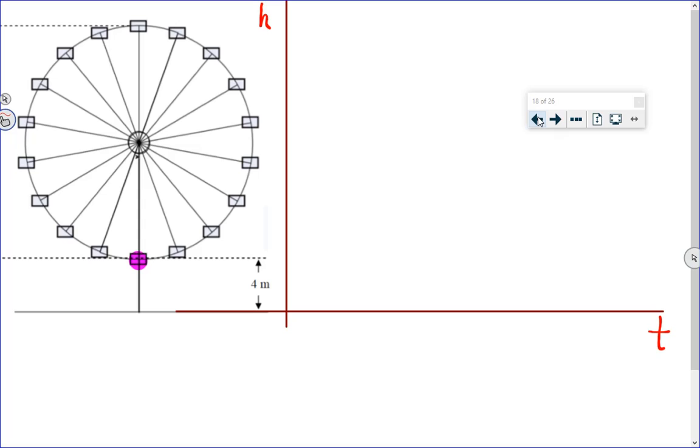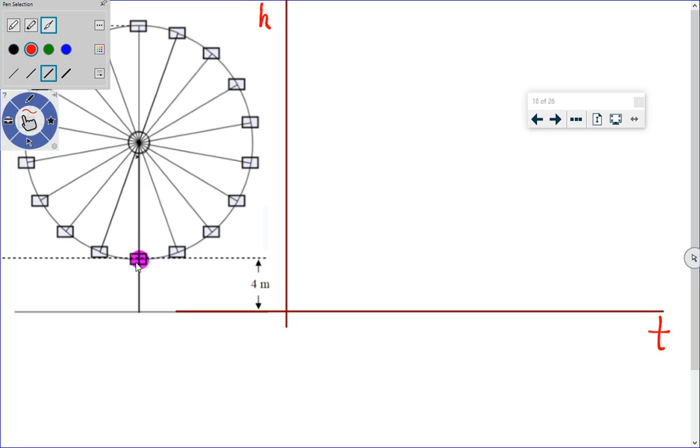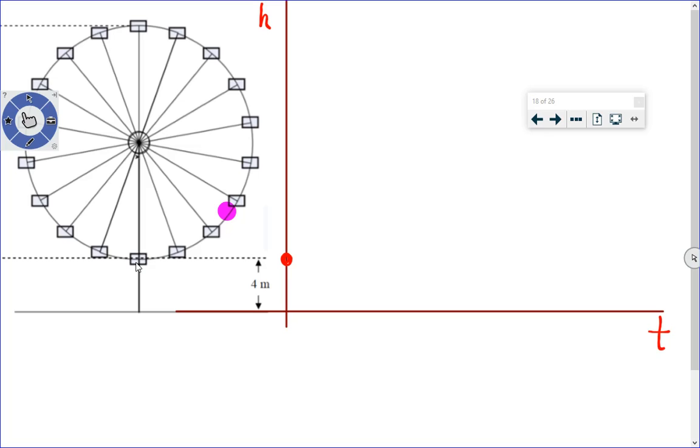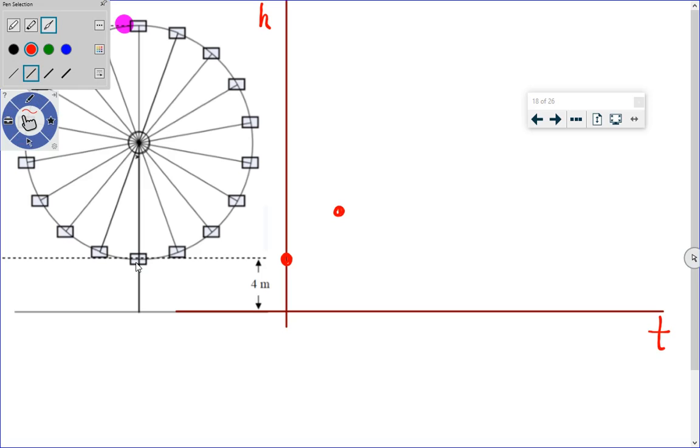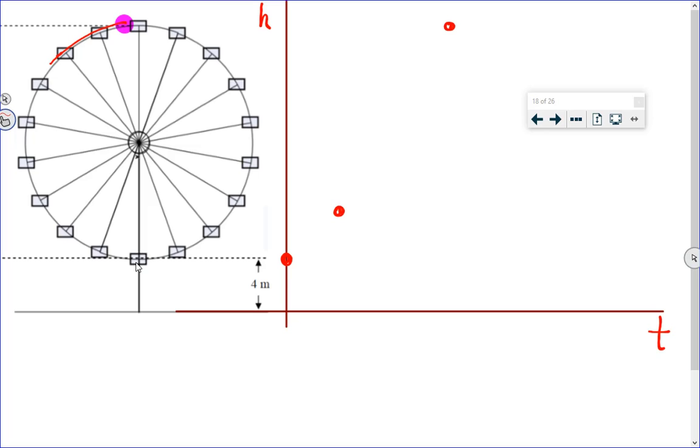So what I have for you now is a series of questions. I can't spin this, but Joel and Ellie are going to move in this direction, and what's going to happen is they go from having a height here at the beginning of the ride to sometime later having a height maybe here. You're not drawing this, I'm just explaining. And eventually, when they get to the top, they will be at a maximum height, and that maximum height will of course be some point up here, but then as it continues to rotate,